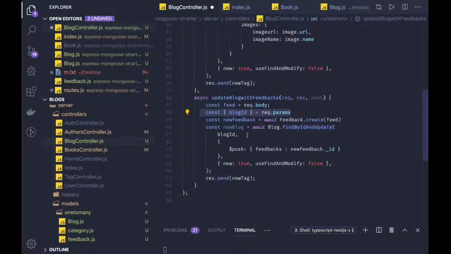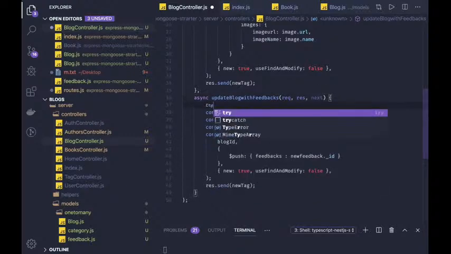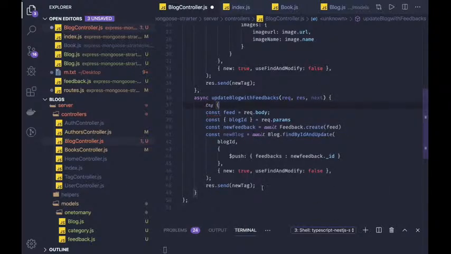Based on the blog ID, you are getting that blog, and you are updating, you are just pushing the new feedback into it, and you are getting it. So you can just wrap it around try catch if you want. So if any exception occurs,